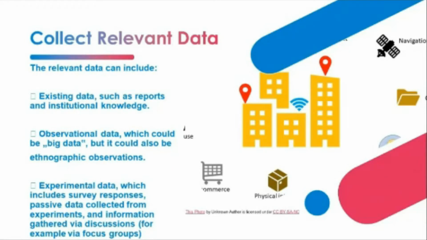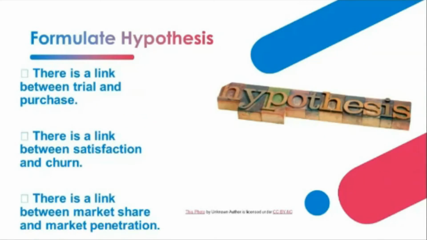observational data nato, which could be a very big type of data, but it could also be a ethnographic observation na nato. Then third is the experimental data, which includes survey responses, kanang mo survey data, passive data collected from the experiments, kanang nabuhatan na og experiment, nag-studyhan ninyo balik, and information gathered via discussion ba, pag-brainstorming ninyo via focus group. So later on, kaning focus group, i-discuss na to siya kung saan siyang focus group, kung saan ako ginamit na focus group. Sa pag-formulate na to of